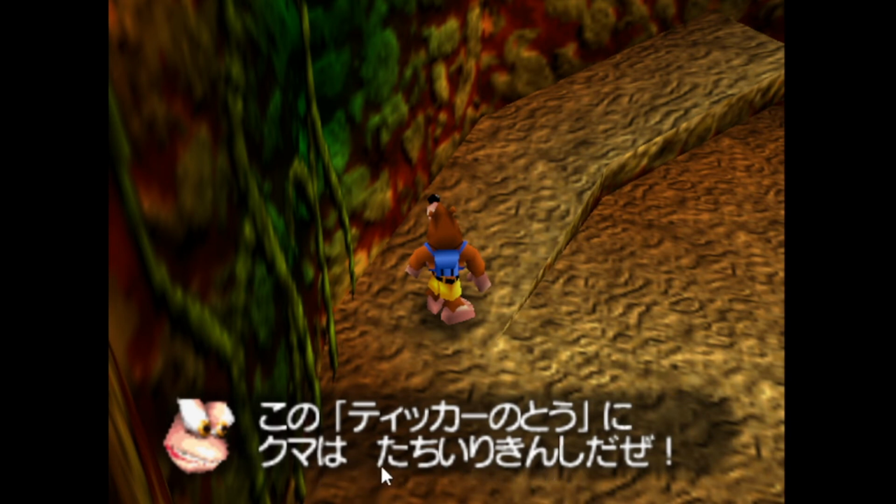This is like stand, enter, and then kinshi is to be prohibited. So I guess tachi iri is like to enter and also to stand inside, maybe. So coming into the tower is prohibited, basically. Kono tikka no to ni kuma wa tachi iri kinshi daze.